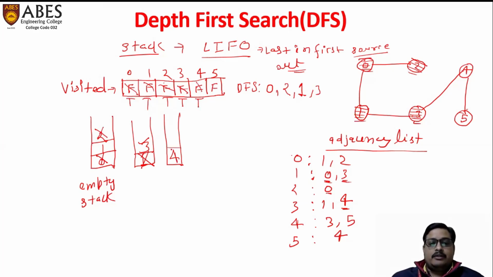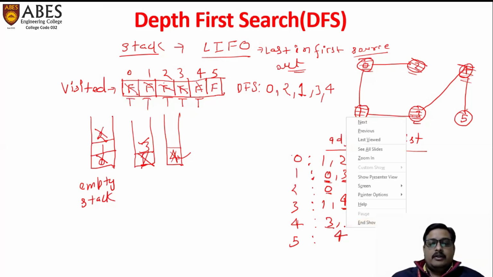Now the top of the stack is only 4, so we'll pop this 4 from the stack, add it to the DFS list and mark it as visited. And now we'll try to find out the adjacent nodes of 4. The adjacent nodes of 4 are 3 and